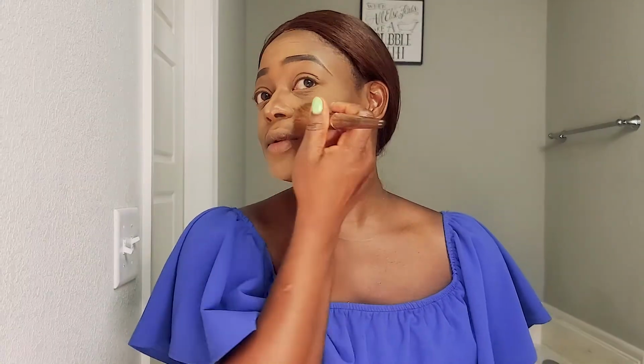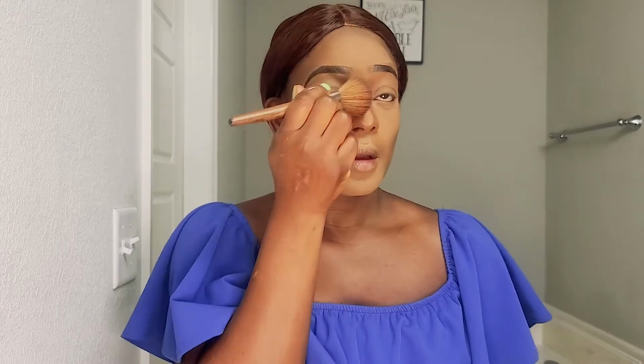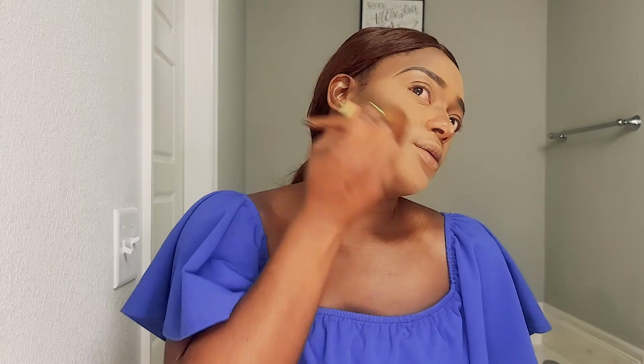So now I am going to set all the areas I highlighted in place. I'm going to set my concealer in place with my translucent loose powder. Now I'm going to use my powder brush to just give it a little, not too much. This is not excess. And then I'm going to go in with this